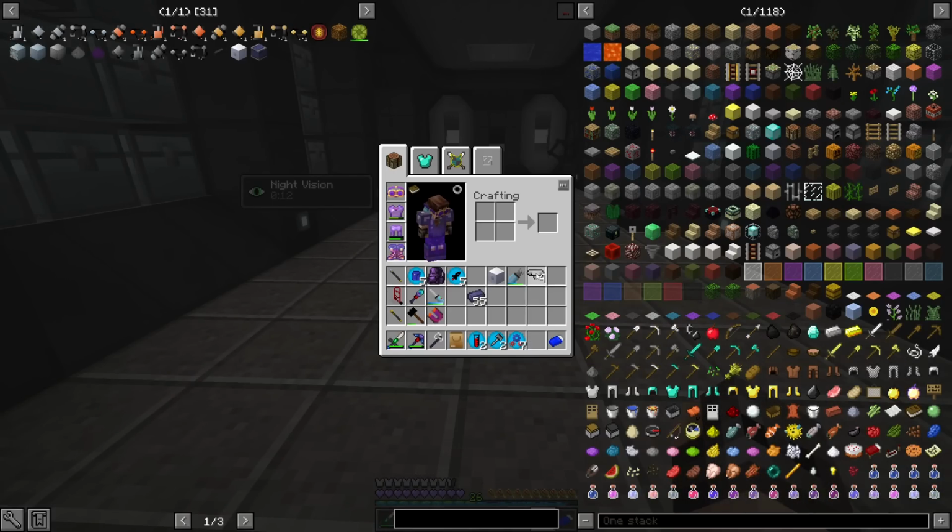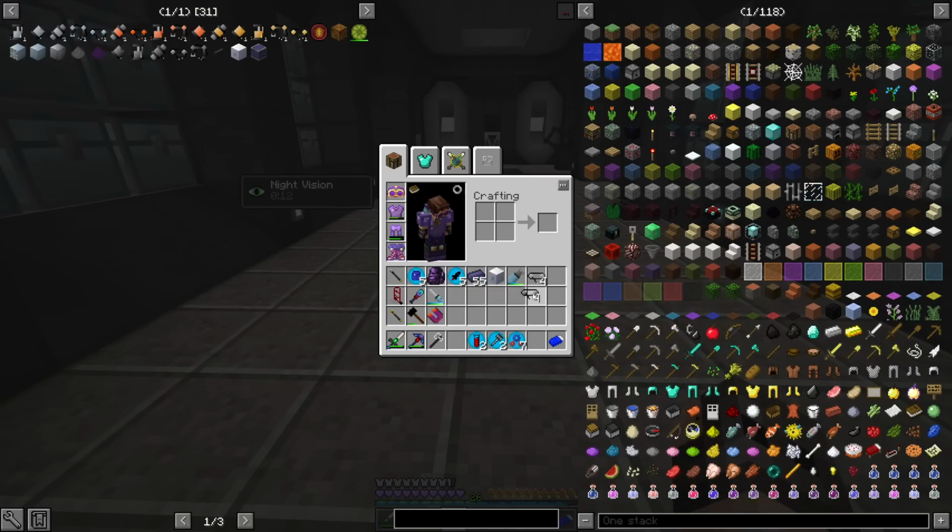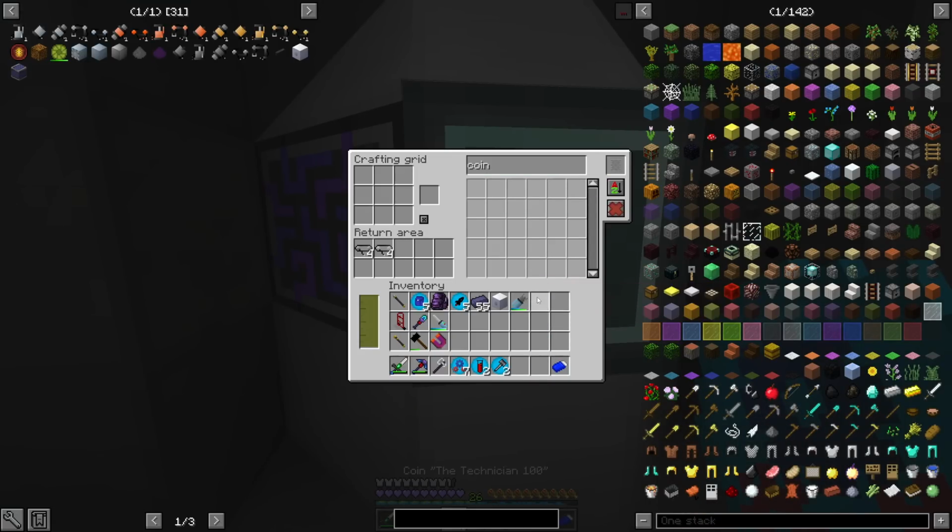Conveyor module IV. 1 stack every tick. Wow. That's great. And the EV one? Conveyor module EV. 1 stack every 0.2 seconds. Also nice. We should not have coins in the system. Of course, we're not going to do